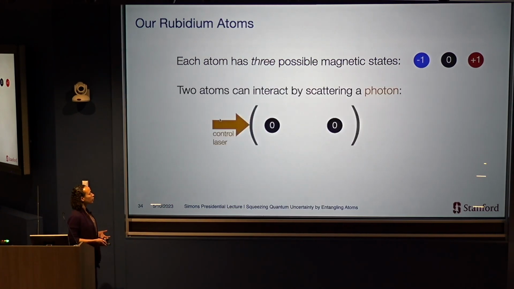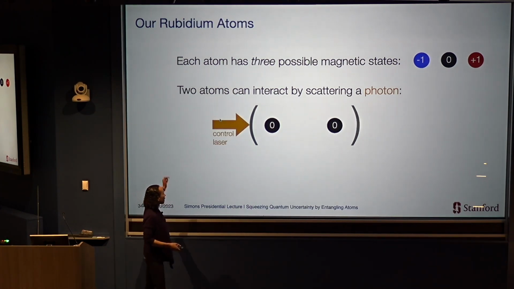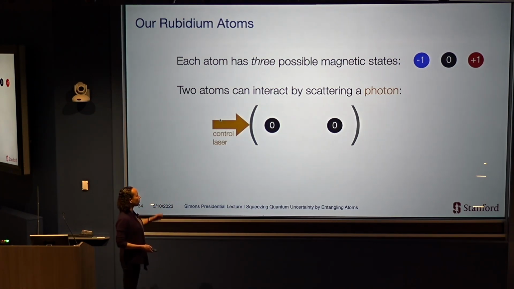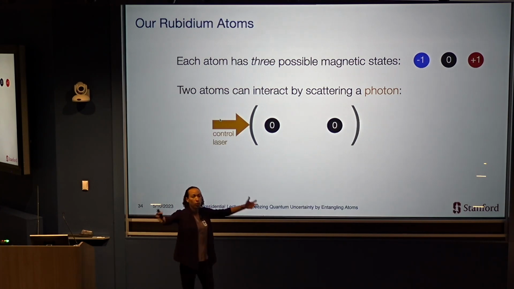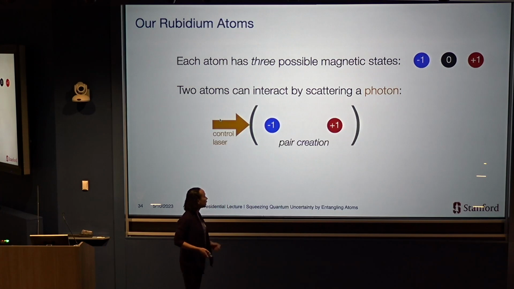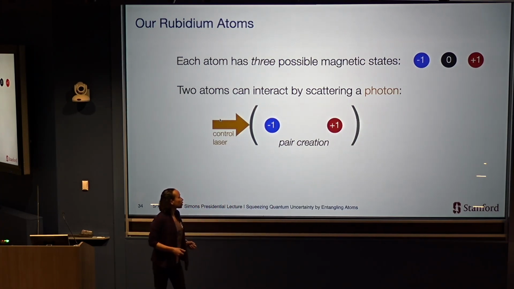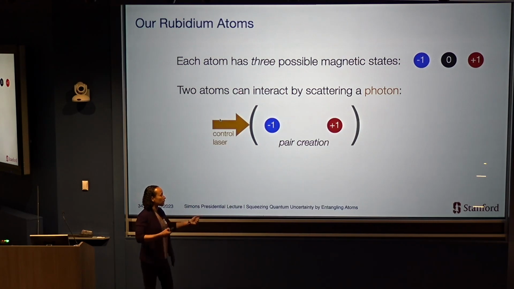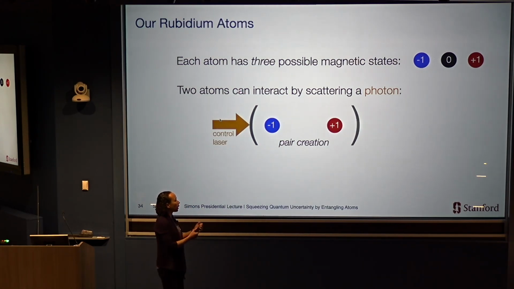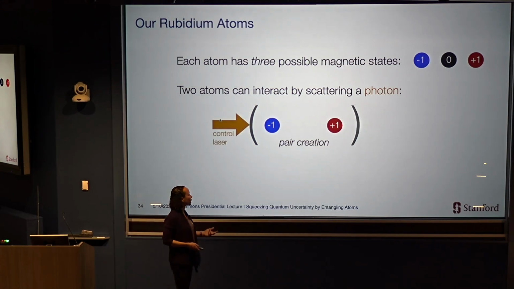Essentially, the form of interaction that we can generate in this system is when we send light between these two mirrors, you can have a photon. We can, for example, start with both atoms in the 0 state, send in some light, and a photon that bounces between them can flip one of the atoms from 0 to the -1 state and bounce off the other atom and flip it from 0 to +1. So this gives us a mechanism, by light scattering between them, to form correlated pairs of atoms in the +1 and the -1 state.